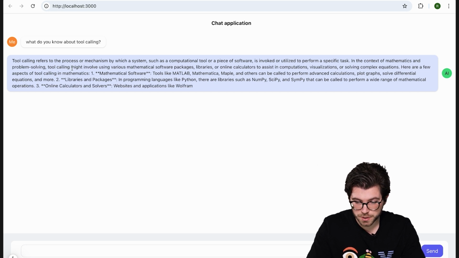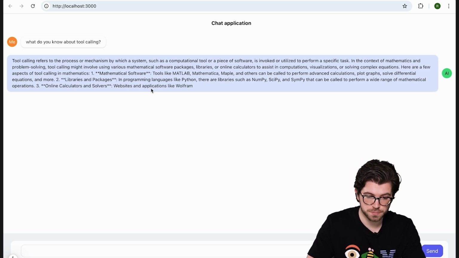Looking at the LLM's response, you can see it's also truncated, meaning that we need to increase the max token size that the LLM generates for us. And you can do this in our actions.ts file, which we'll need to head over to anyways to add our tools.